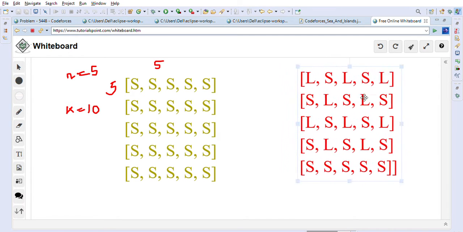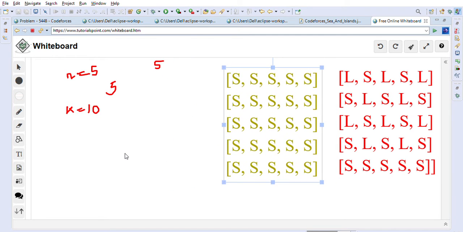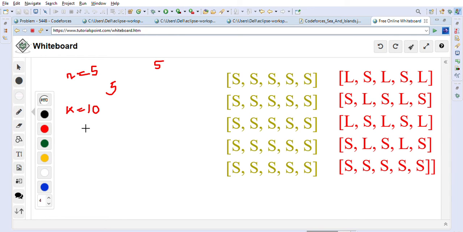Let's create one matrix, a 5 by 5 matrix: 1 2 3 4 5, 1 2 3 4 5, 1 2 3 4 5, 1 2 3 4 5. This is the 5 by 5 grid given to us, and we want to create 10 islands in it.